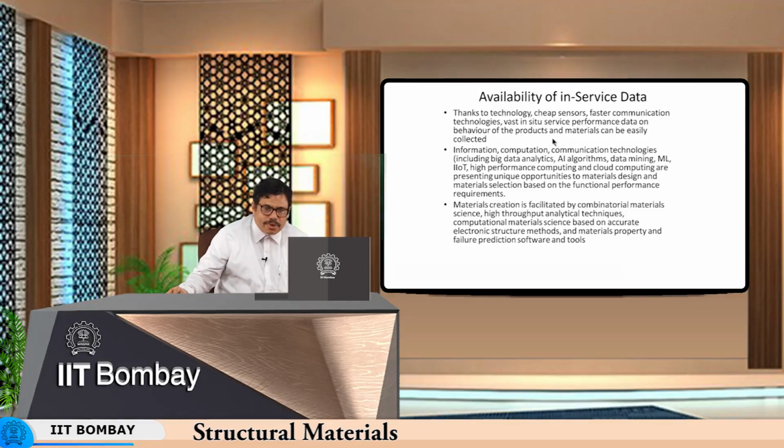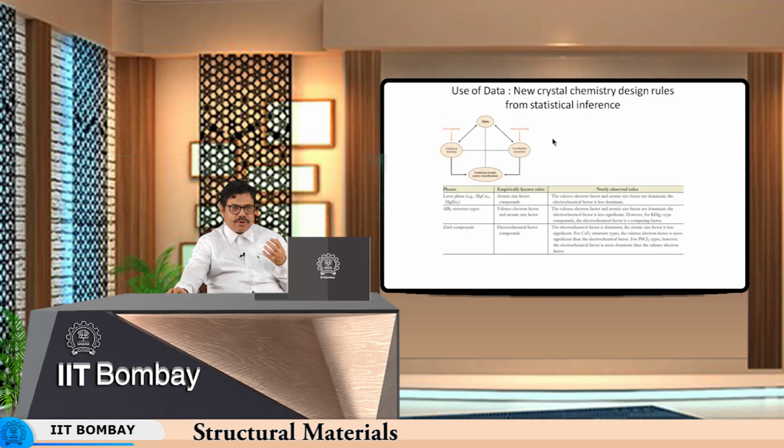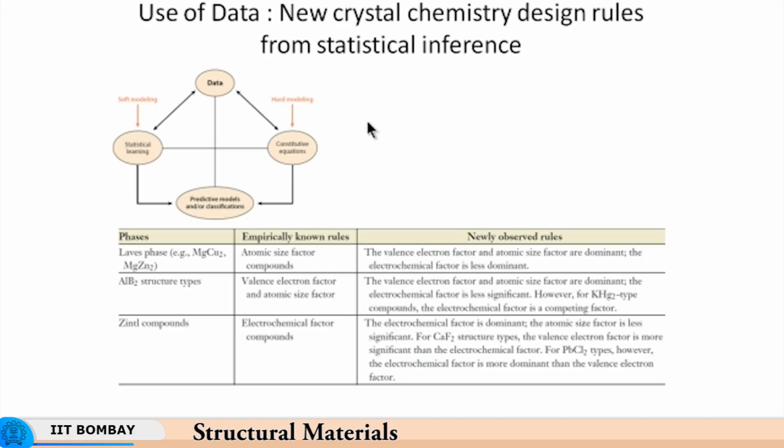So basically this availability of in service data helps a lot, and one needs to therefore be able to use it for construction of new materials and for arriving at predictions of how materials will behave, or how your newly synthesized material would behave. Will it be adequate or will it be inadequate? So now this is an illustration of how we can draw inferences, statistical inferences from the data. That is, we have a lot of data that is coming from the material.